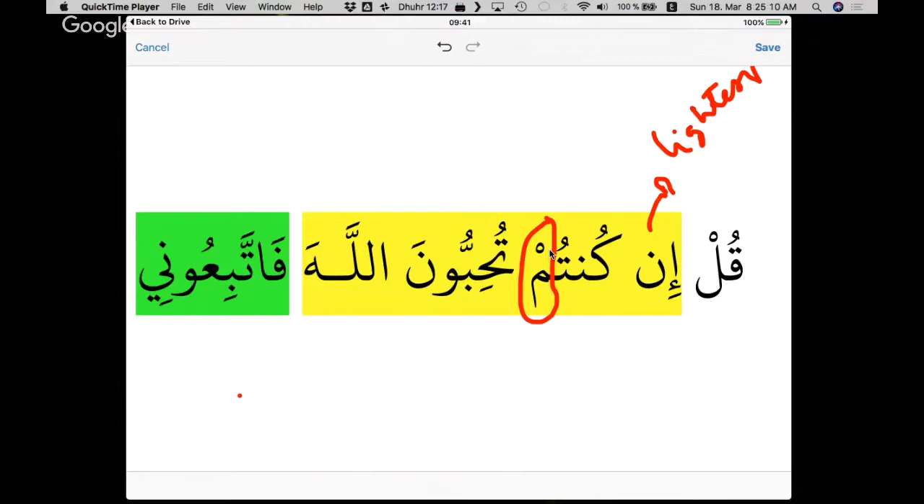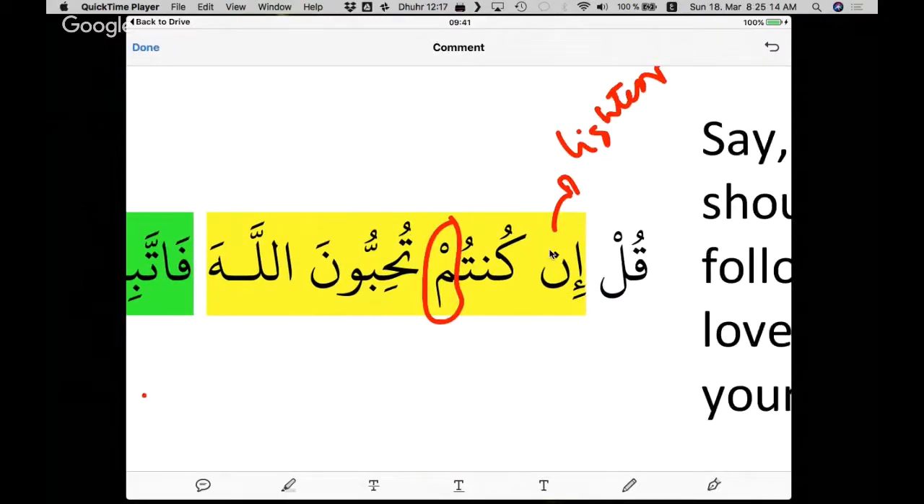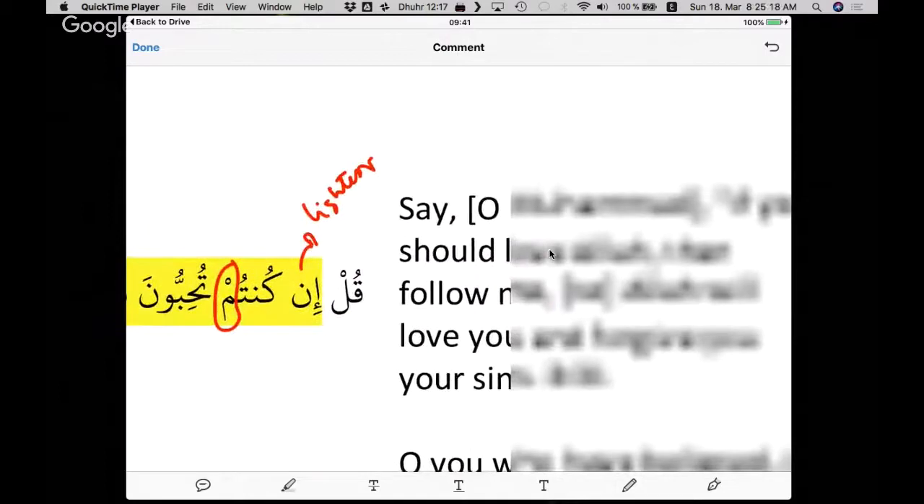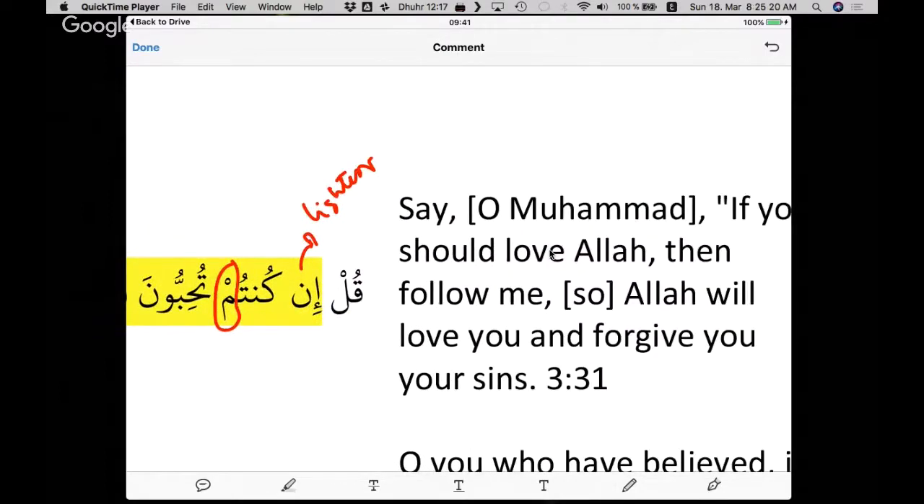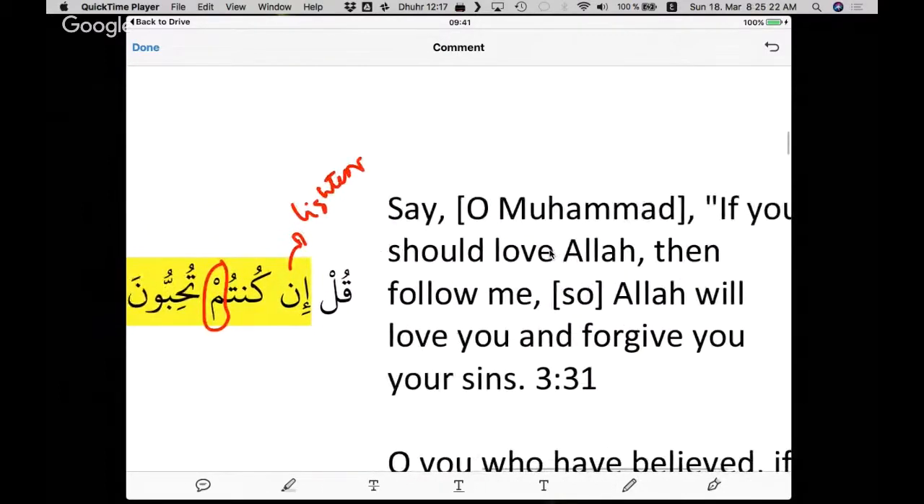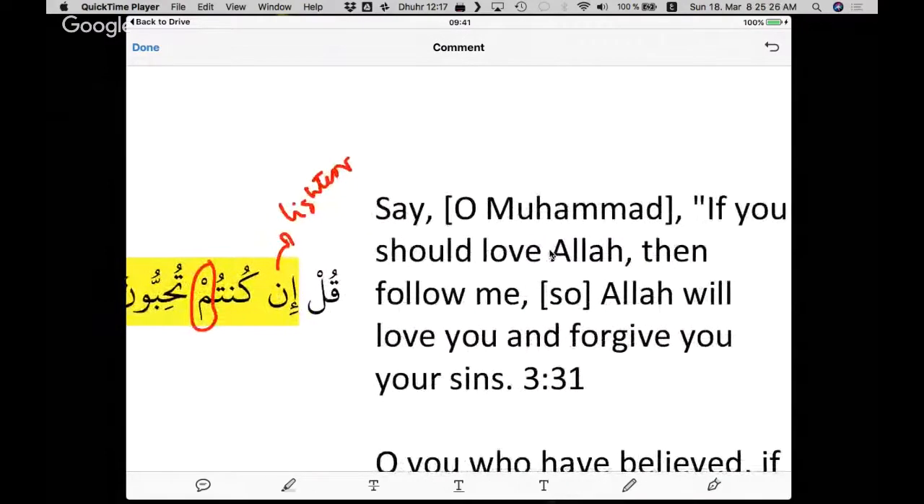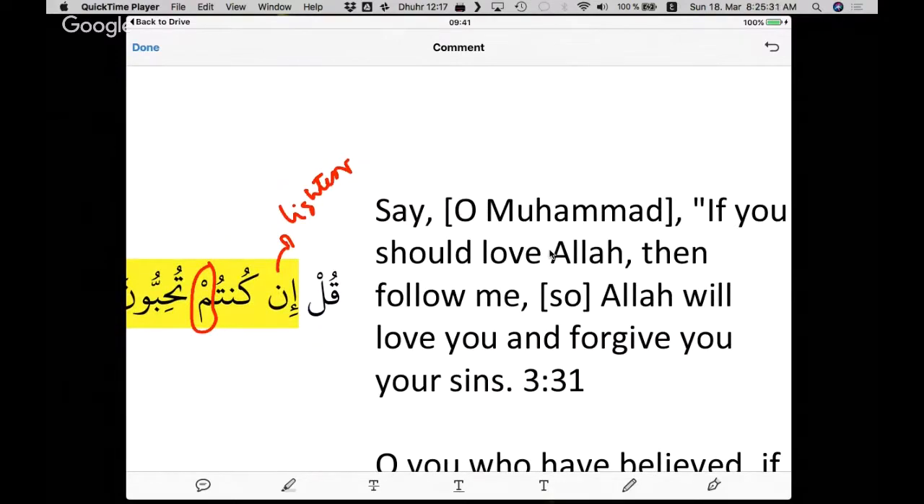Tuhibbuna Allah. If you look at the translation, you will understand what this means. Let's look at the translation for help. If you should love Allah, or if you love Allah. This is a translation which is taken from Tanzil. So sometimes the words used are a bit tricky, so you just make sense out of the translation. If you love Allah, or if you should love Allah,